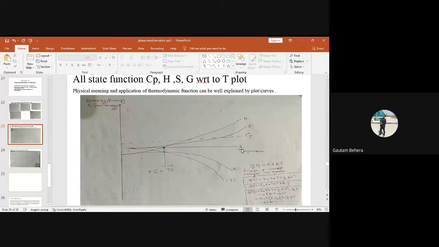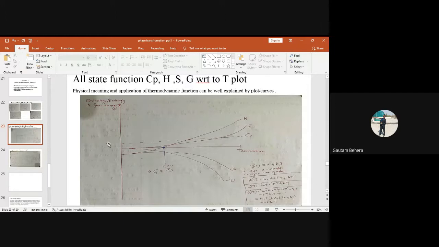Similarly, the enthalpy curve is this one. Just have a look. You remember the enthalpy curve intersects the temperature axis, and that point is 0. Enthalpy is 0 at this point, and it goes to negative values. It starts from a negative value, reaches 0, then becomes positive. So this is the enthalpy curve. Enthalpy as a function of temperature is here: H0 plus AT plus half BT square, right?